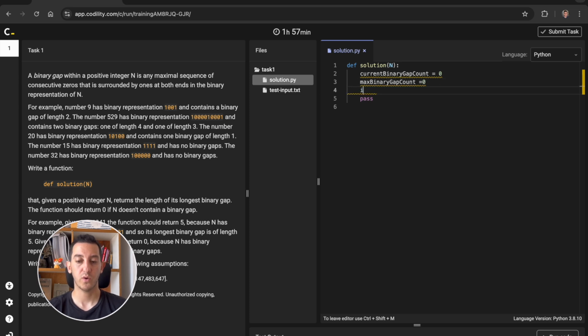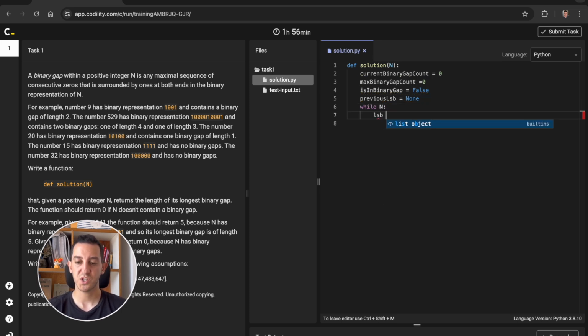We want to know if we are currently in a binary gap, which we are not because we are just starting, and we'll also need to know what is the previous least significant bit, because we're going to do a comparison to know if we are starting a binary gap or if we are in a binary gap currently. So previous least significant bit, none. Okay, so we're going to start iterating over the number.